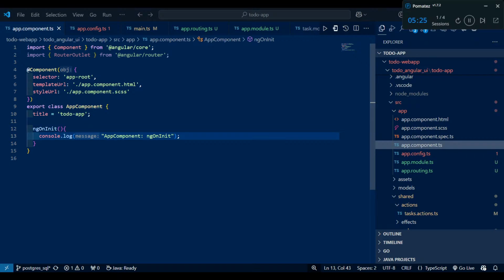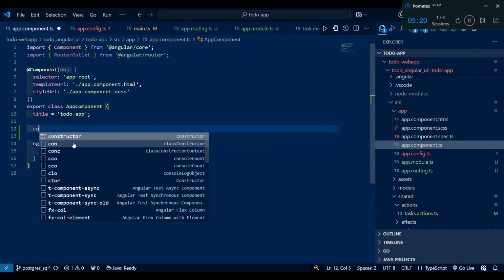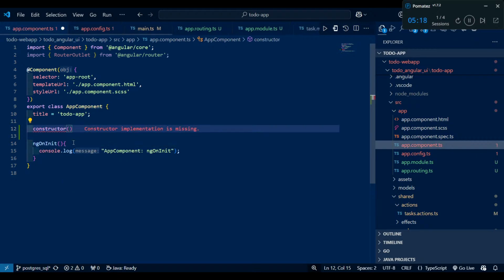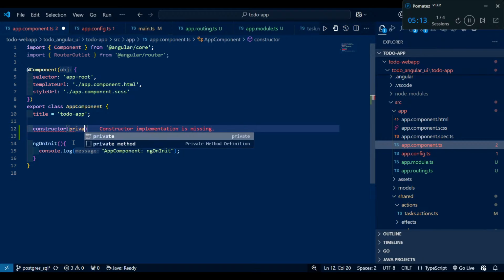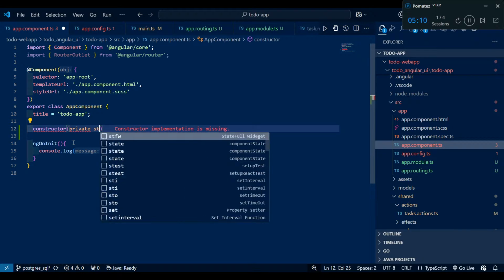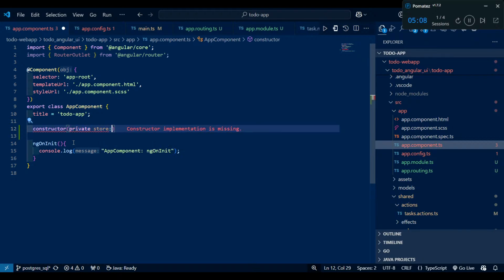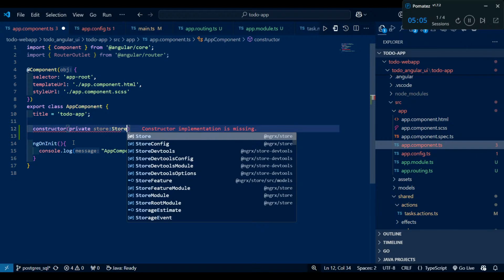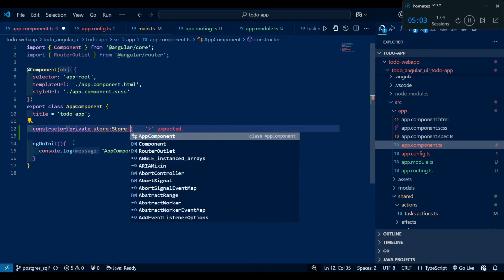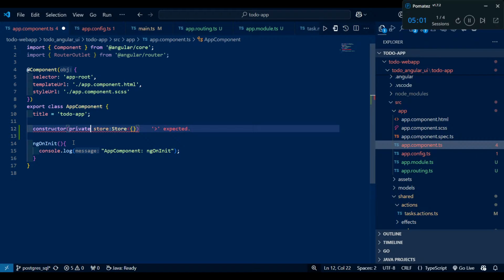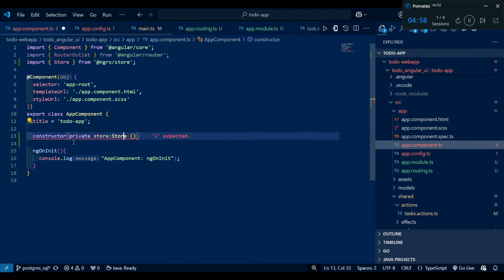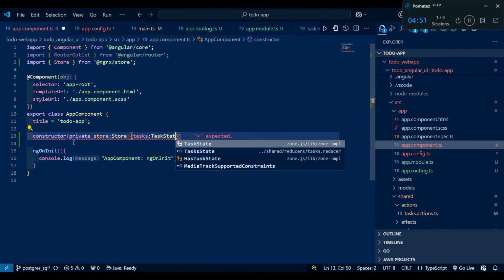So what we can do here is, first, above the ngOnInit, we need to define a constructor, and then afterwards private store, and what we can do here is task create,